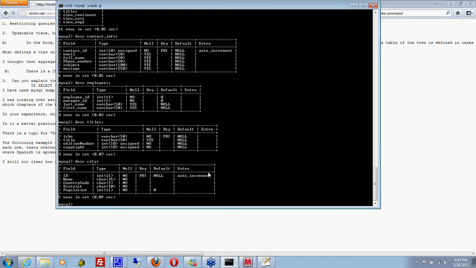Well, the with check option basically, when you're creating a view, means that it's going to make sure that when you put data in the view, the data you enter in the view is still valid, and it'll show up. So, for example, if you create a view and it is updatable, if it doesn't have any aggregate values, and then you try to update the view to a value that will now make that view invalid, then it won't let you do that. So I guess we could use